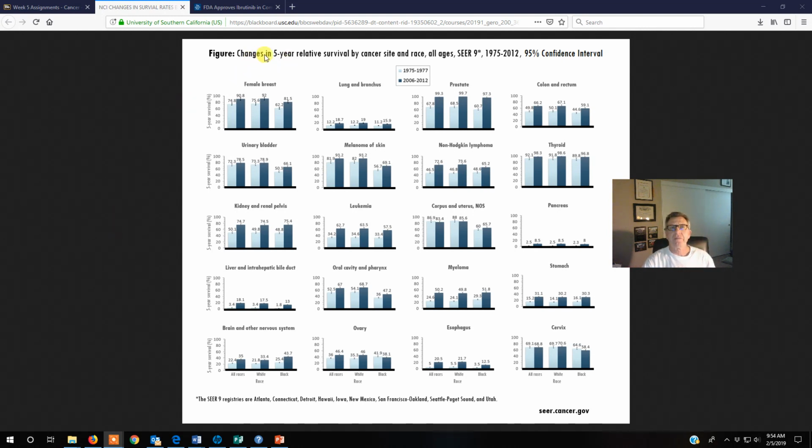This is looking at the 5-year survival rate. So we see that breast cancer had a decent survival rate going into it in 1975 to 1977, okay? And we're looking right here at different cohorts, different types of breast cancers, and then you see the dramatic increase in the survival rate, up to 90% survival. Okay, you look at other cancers, and the survival rates are really not great. Again, this is if you get the cancer.